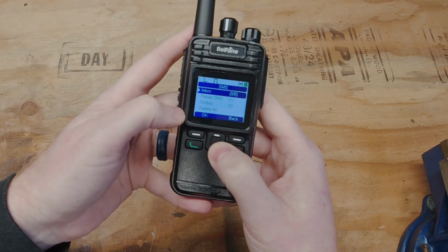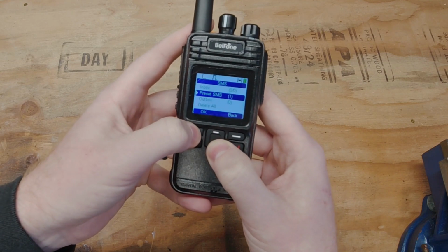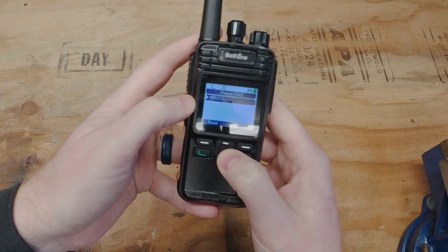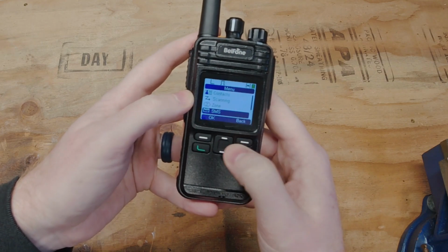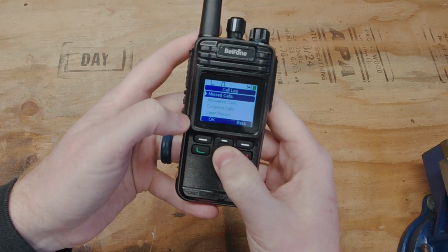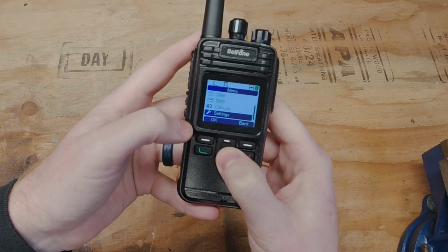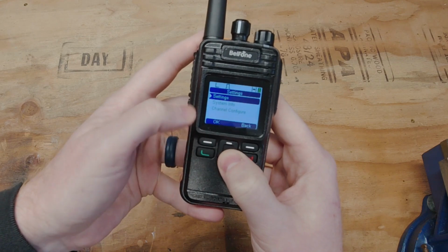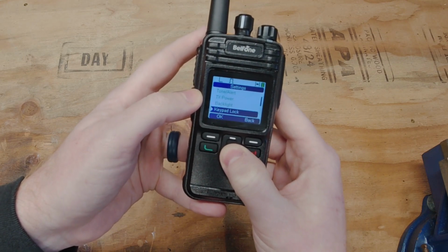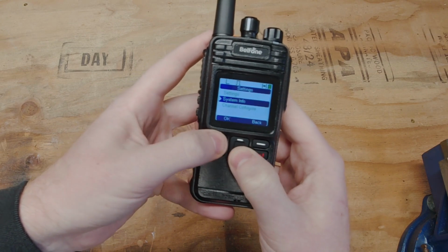SMS, you can come in here and on DMR mode, you can actually send text messages to other radios that are also DMR. So there you go, I have a preset built, hello. We have our call log, which shows all your calls answered, missed, outgoing, and you can also clear that record. Then we have our settings finally, and we have settings here, which are more general settings. We have our system info,